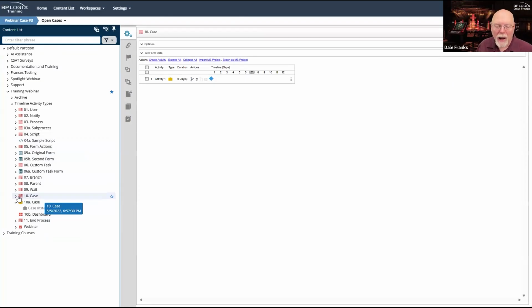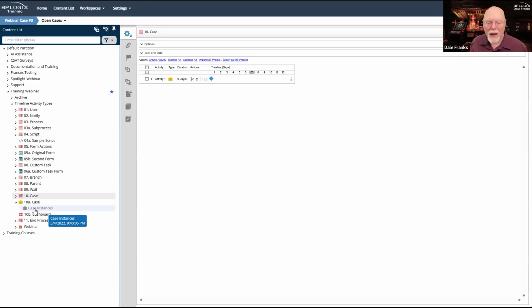Most of the time, I will say you would not do it this way. Most of the time, you'll kick your case instance off from the form because most of the time your form has form fields that are already mapped to a case instance. So you're already saving those form fields to the case. So you're going to create the new case instance in a form.